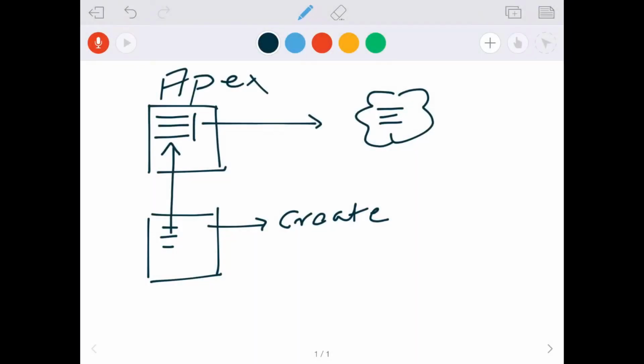This piece of code is written for accounts, like most of the accounts in the Salesforce org, if you want to update some data on top of it. So we write the test class code and create an account in the test class itself, and we call this functionality from the test class, and we pass the account data we have created. Based on the account data, we can see the lines of code that have been covered and the behavior of the code, whether it is working fine for the set of data that we have provided.